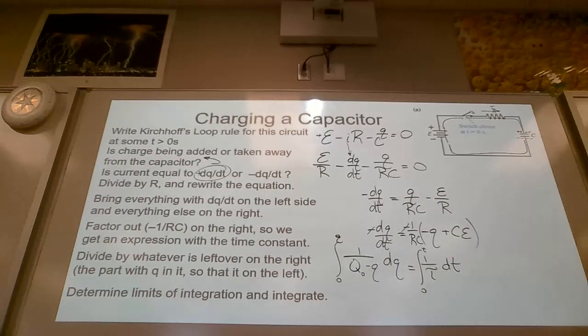Okay, so I'm going to go natural log of Q naught minus Q minus natural log of Q naught minus 0 is equal to